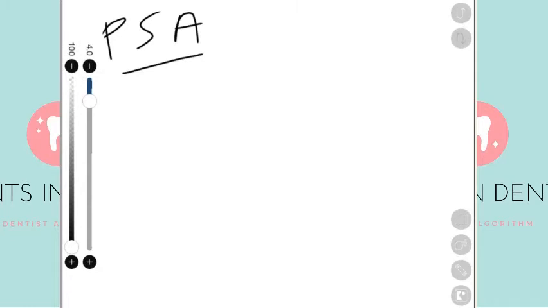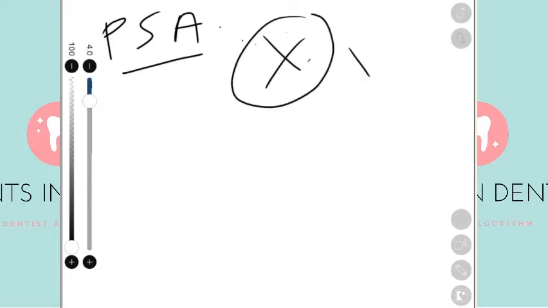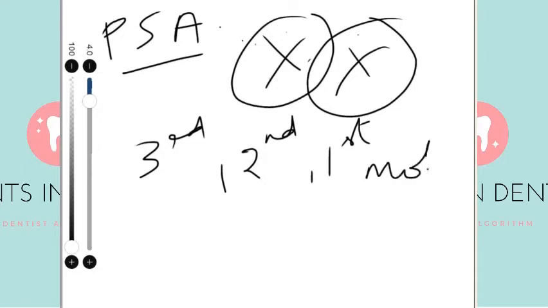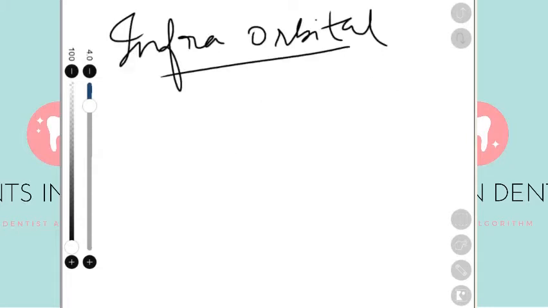The last branch in the second part is the posterior superior alveolar. This is again very important because it supplies the pulps of your upper molar teeth, your third, second, and first molar. It supplies your upper molar teeth. Therefore, when you work on the teeth, like when you do extraction or a root canal or whatever, you need to anesthetize this nerve to work in that area. So that is all about the second part.